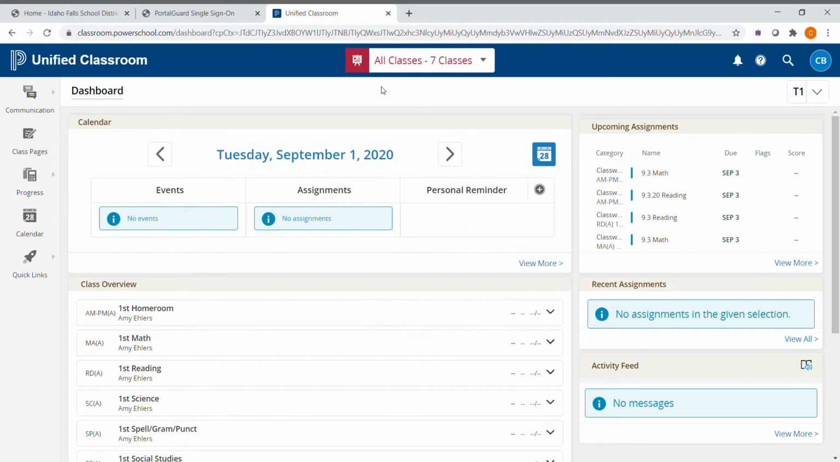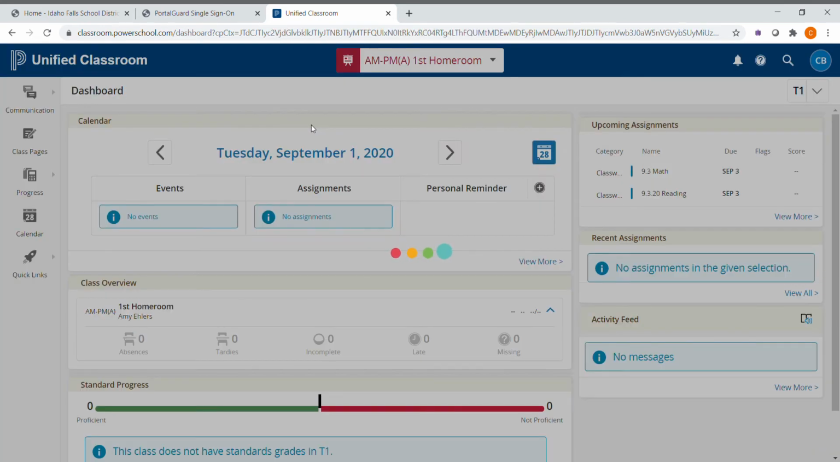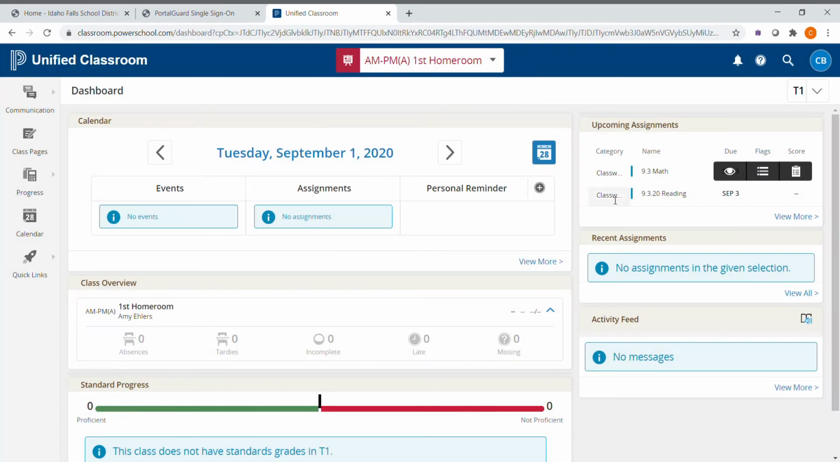Okay, and then up at the top in this red box, I want to click that drop down arrow and make sure that it says First Homeroom. Over here in the corner, we'll have the upcoming assignments, but you can ignore that because some of the assignments might be things that we are doing in class. So if you come over here to the left-hand side and click on Class Pages,